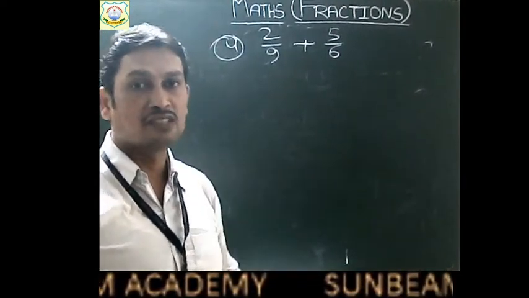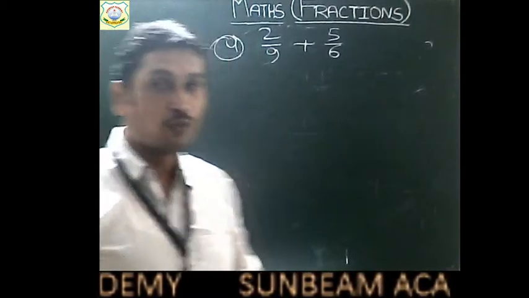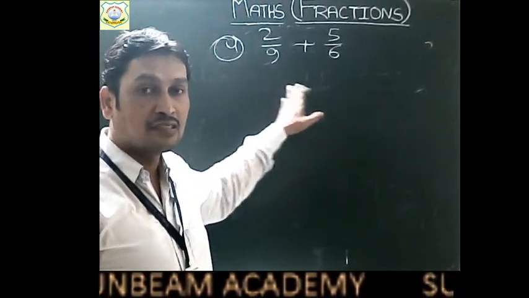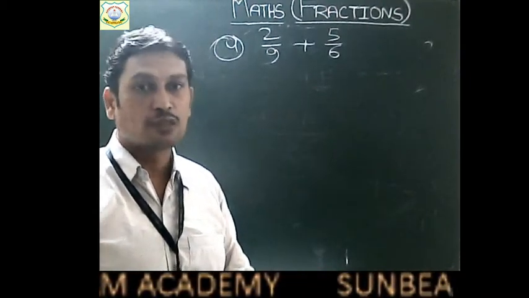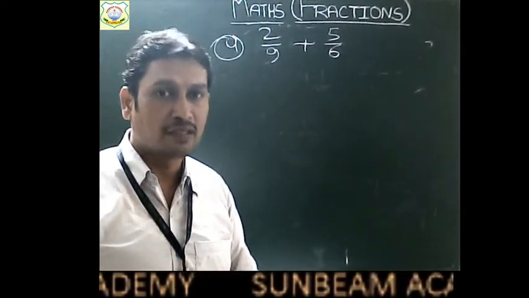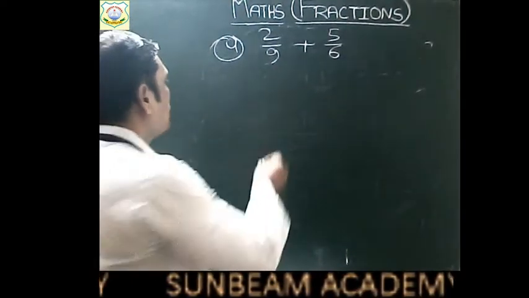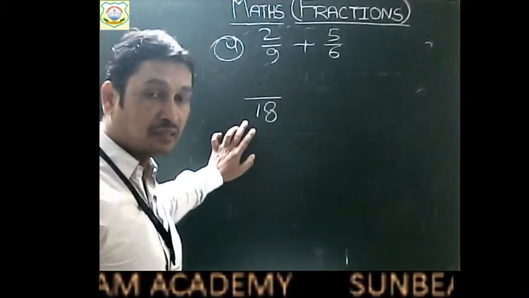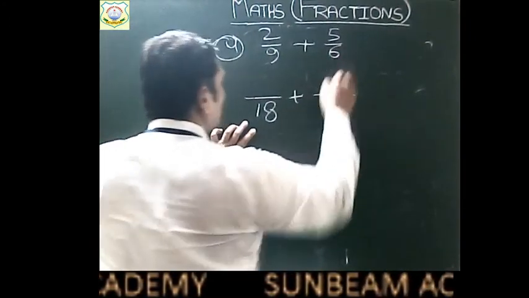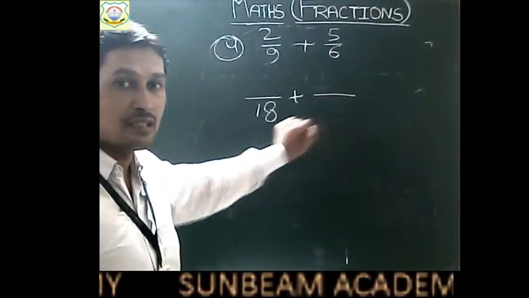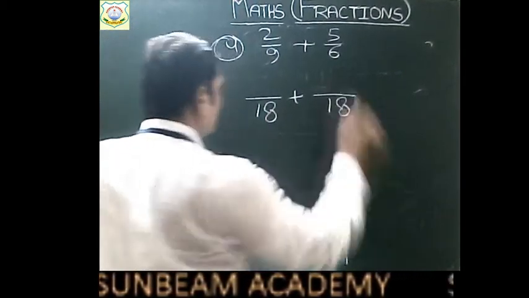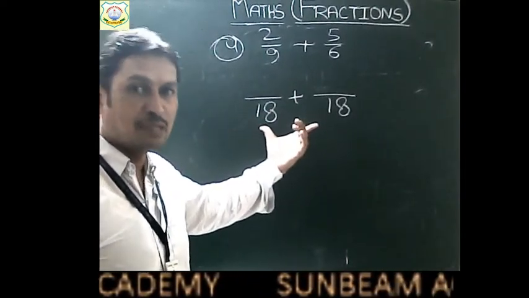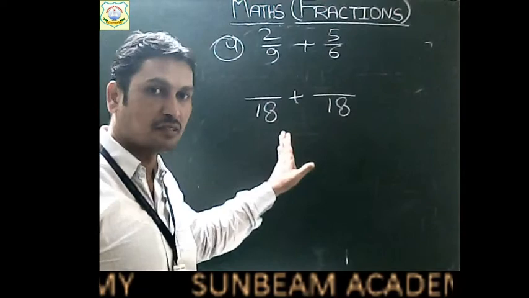So in this case, children, firstly you have to find the LCM of the denominators. Now, what is the LCM of 9 and 6, children? All of you know, 9 and 6, their LCM will be 18. You can check it by yourself. I think all of you know how to find the LCM by the division method. Okay, so the first fraction will be converted into its equivalent fraction with denominator 18, and the second fraction will also be converted into its equivalent fraction with denominator 18. Now we will get two fractions with the same denominator 18. So both the fractions will be like fractions, right?